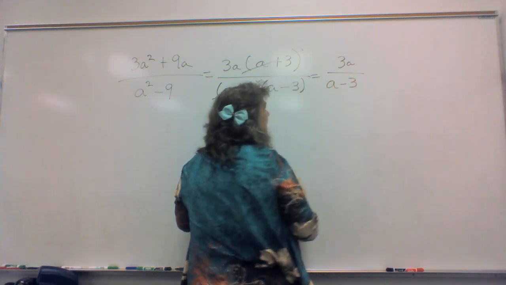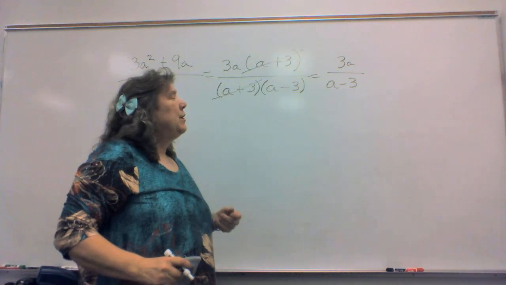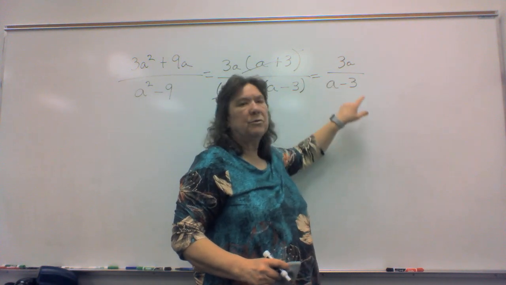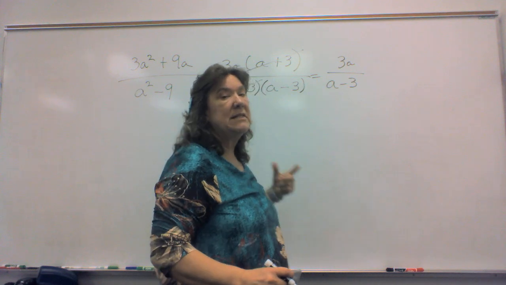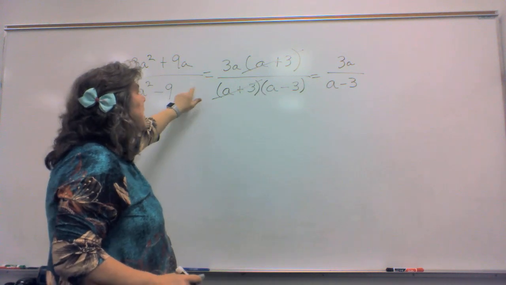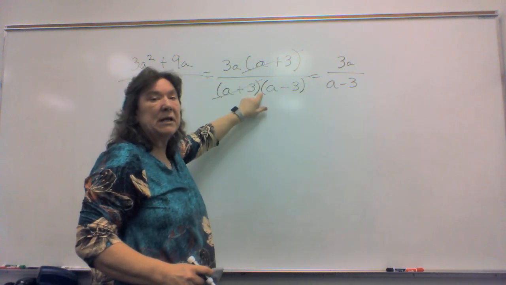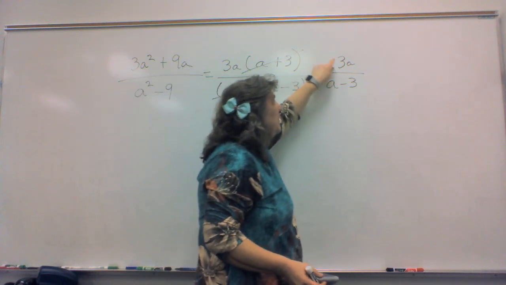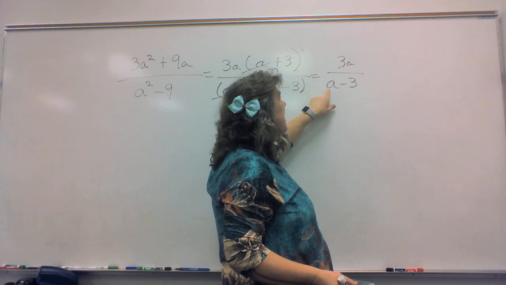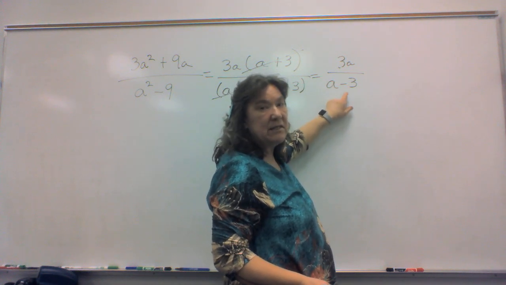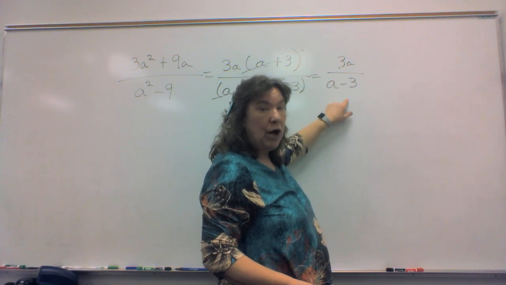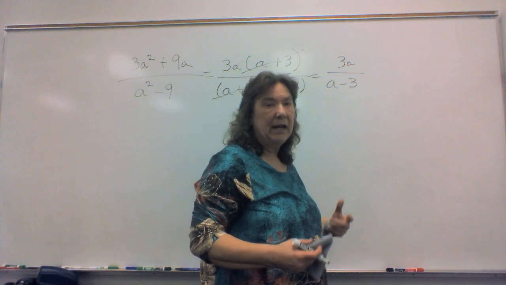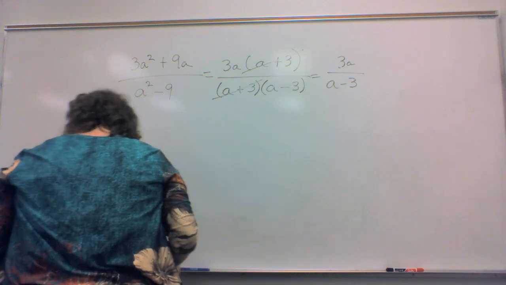and we end up with 3a in the numerator over a minus 3 in the denominator. And you're probably wondering, why can we not cross out the a and the 3? Well, the difference is they have to be factors. That means it has to be multiplication between the things that you're eliminating. 3 times a, but this is a minus 3. This is addition and subtraction, not multiplication. Therefore, this cannot be simplified anymore, okay? So,